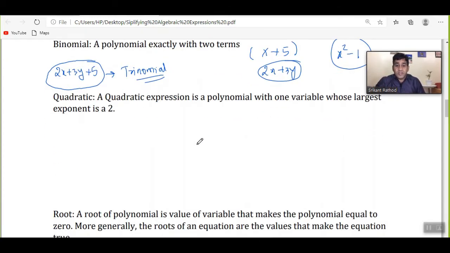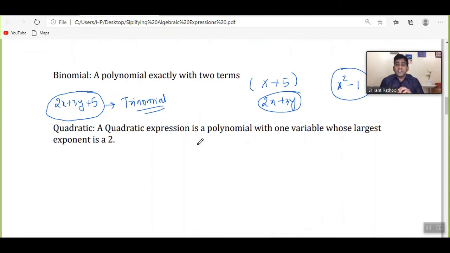A quadratic expression is a polynomial with one variable whose largest exponent is a 2. A quadratic expression is an equation with one variable and the largest power of that variable should be 2. Such expressions are called quadratic. So if I say 2x square plus 3x plus 4, this is called a quadratic equation because this is an equation